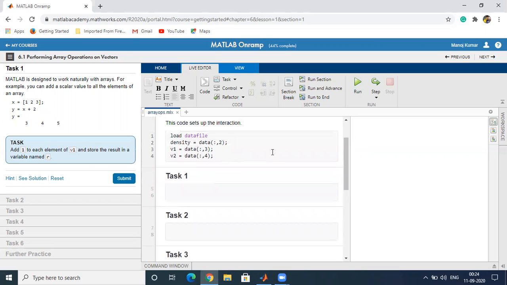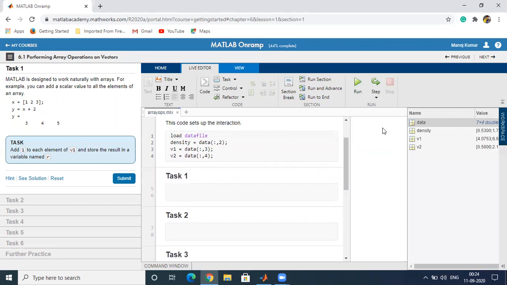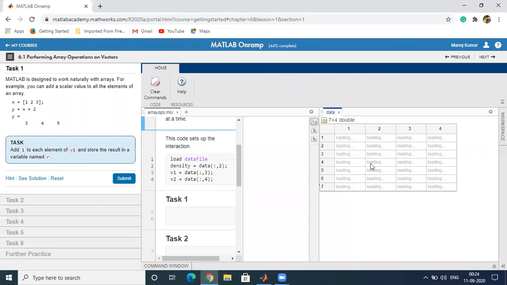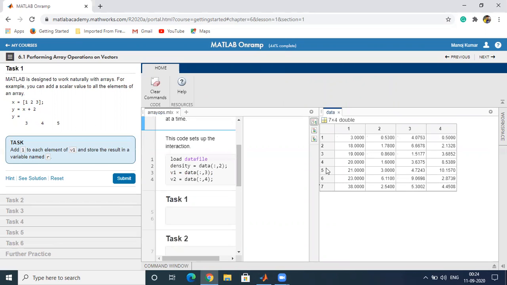If you want to see the data file, you can see in the workspace there is a data file which contains 7 rows and 4 columns of numerical data. If I double-click here, it will show the data.